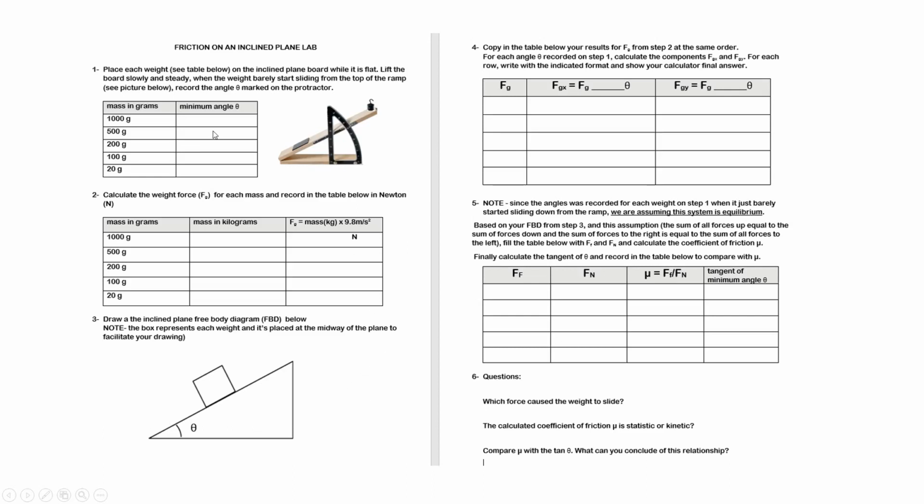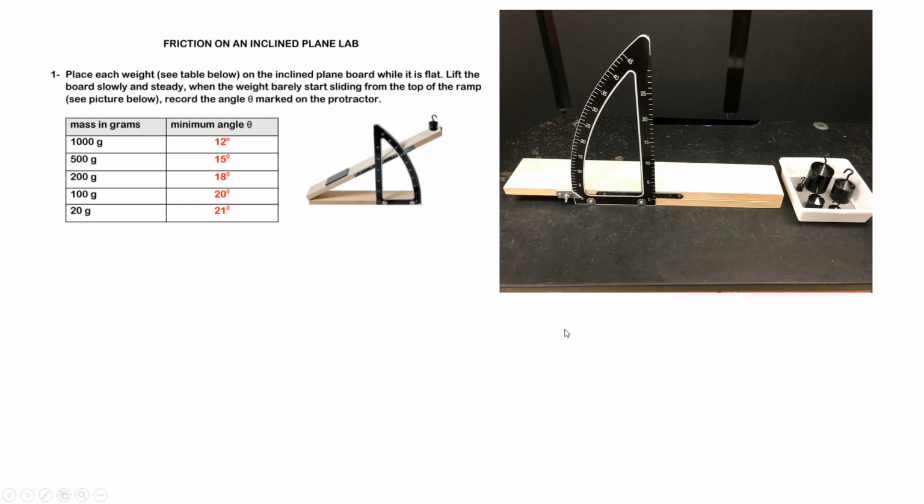The objective of this video is to explain the basic outlines of how to complete an inclined plane lab. Here we have 5 steps that we need to follow. The materials we need to complete this lab are the physics lab inclined plane and a set of 5 weights